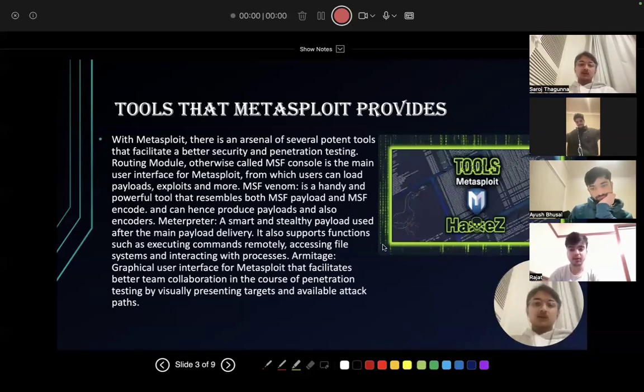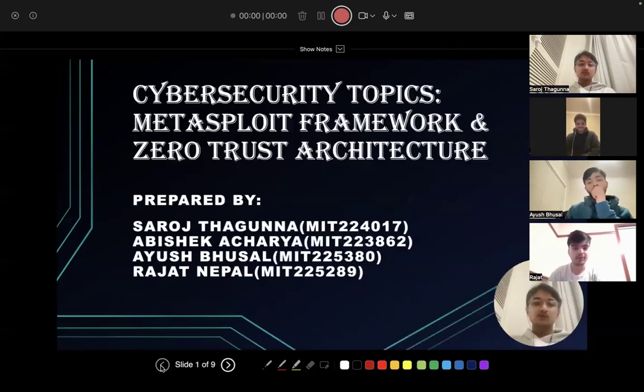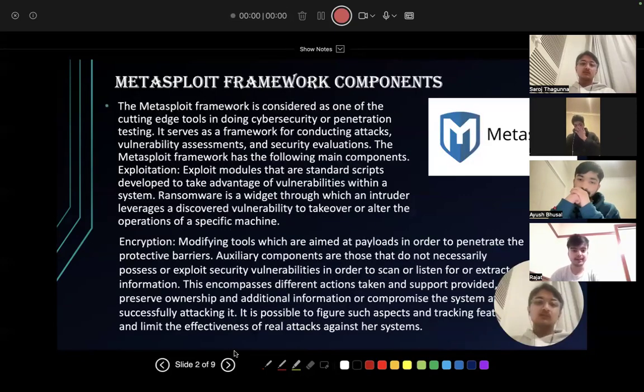Myself Rajat Nepal, along with my friends Saroj Thagunna, Ayush Bhusal and Abhishek Acharya, are here to discuss this topic today. So without any further delay, I would like to talk about the topic Metasploit Framework and Zero Trust Architecture. Metasploit framework components. The Metasploit framework is considered one of the cutting-edge tools in cybersecurity or penetration